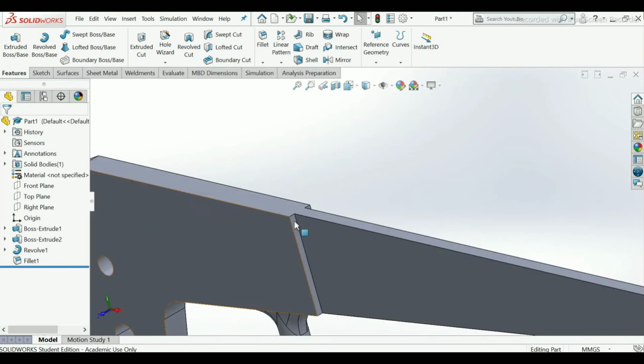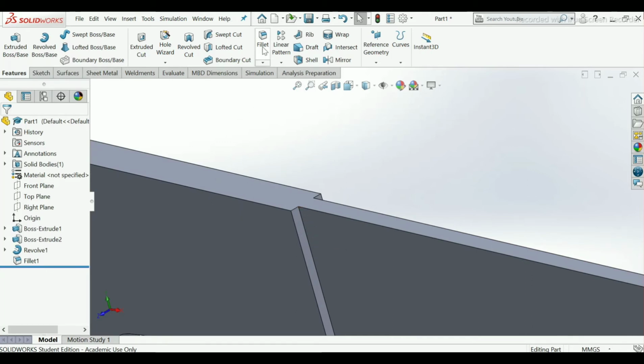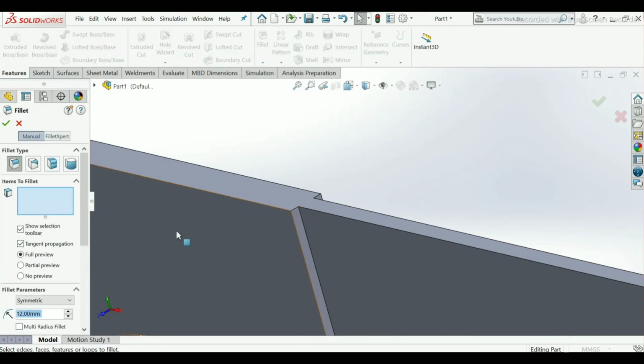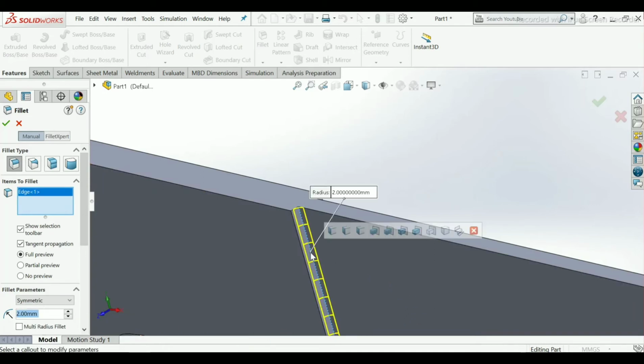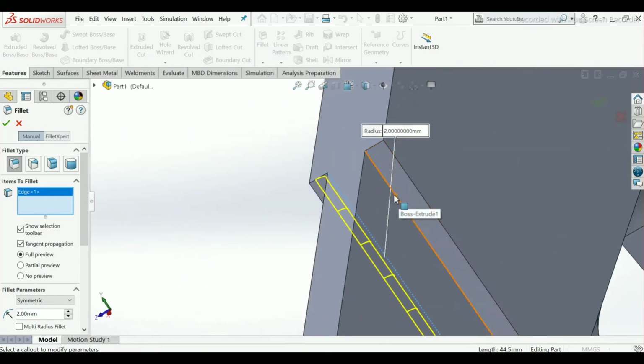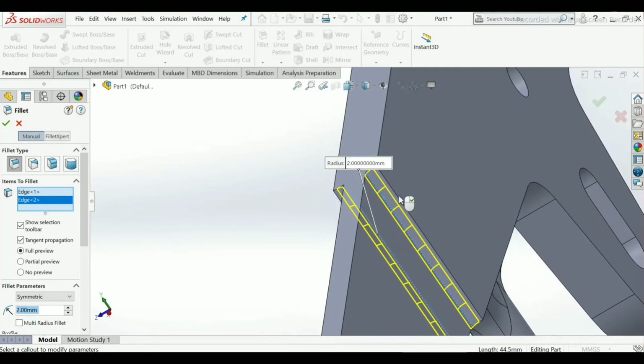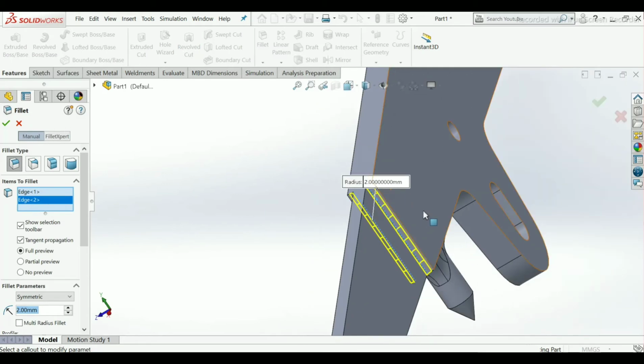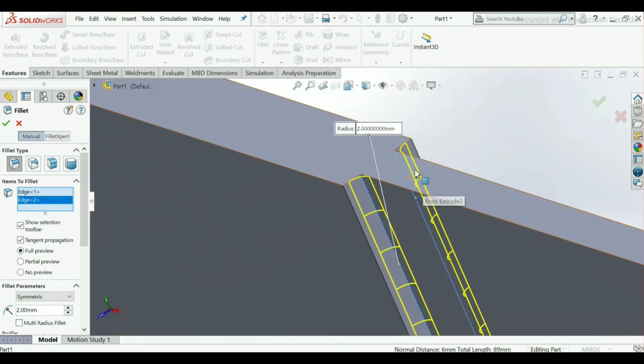You can give it here also fillet. So here it will be 2 mm. Take this edge and select this edge. Now our preview has been seen here, fillet.